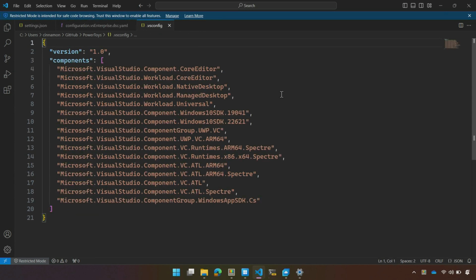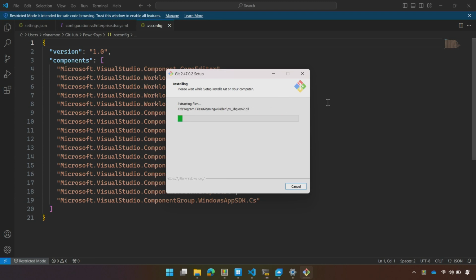And then I'm able to use the desired state configuration file to include the vsconfig, get all my Visual Studio components, install Visual Studio, and then also enable developer mode. So I could do all of that at once, and it really streamlines setup when using a configuration file. The end result is that you just run winget configure on that file, and after that's done, you're up and running, ready to develop PowerToys in this scenario.